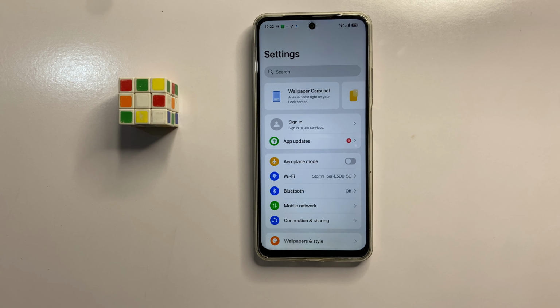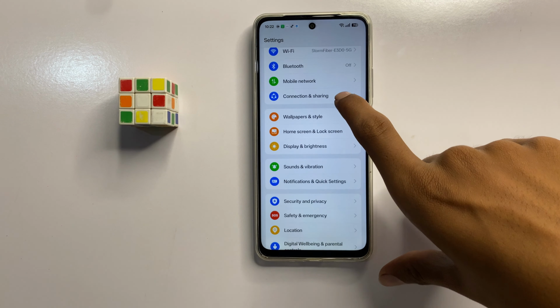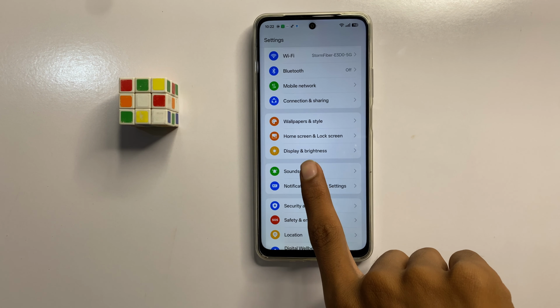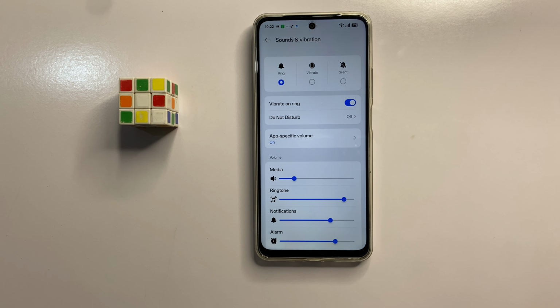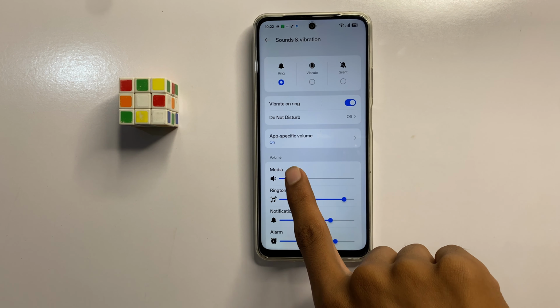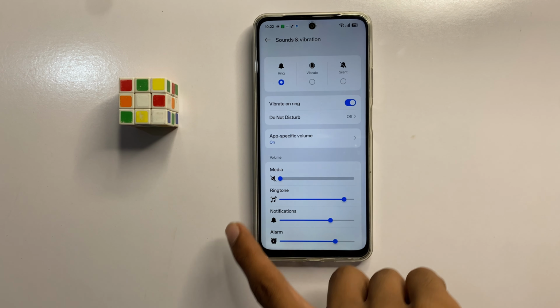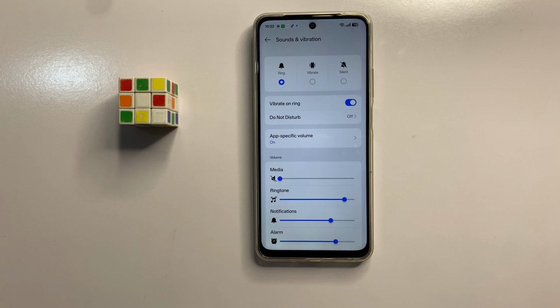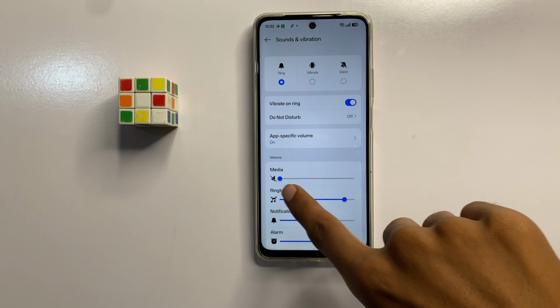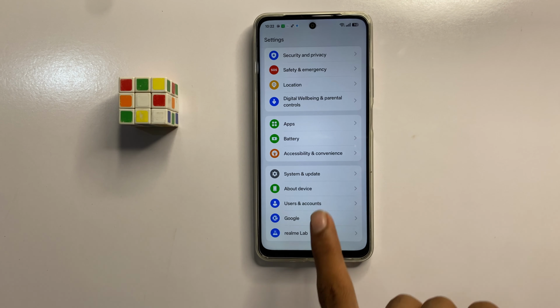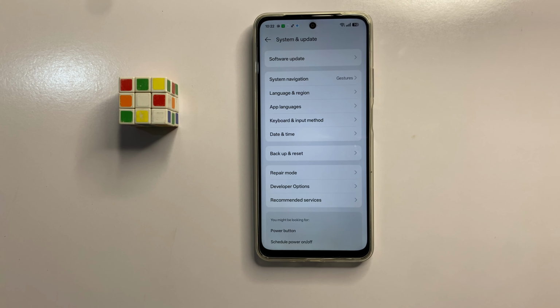In settings, scroll down and here you can see the option sounds and vibration. Now click on it, and then here you can turn off your media volume limit. After turning off your media volume limit, go back and scroll down and click on system and update, and then